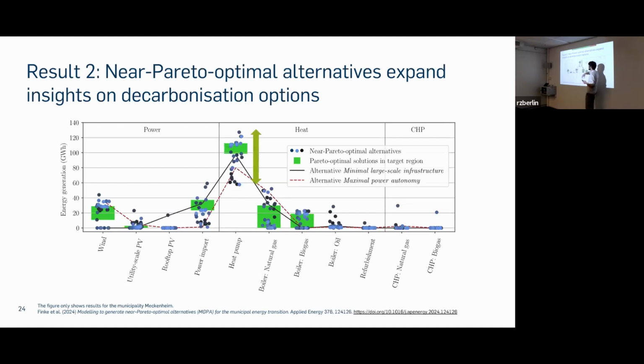First, we saw, not surprisingly, that the range of choices really increased for some technologies. Secondly, some technologies that seem to be must-haves when you only look at the Pareto-Front are not, in fact, because there are near-Pareto-optimal alternatives that completely or almost completely avoid these technologies. And finally, when we look into these discrete selected alternatives, where this line connects the dots that belong to one specific alternative, then some of these potentially very desirable alternatives are not contained in the Pareto-Front itself. For instance, this green line now indicates a solution that has very